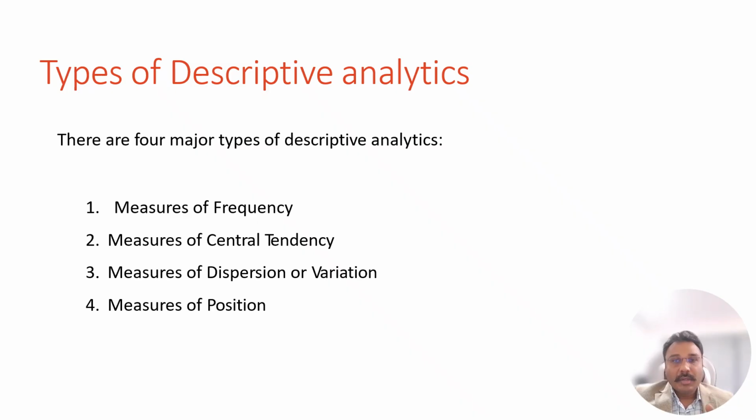And finally, the fourth type is measures of position, which helps us understand how individual values compare to other values within the data set. Together, these four categories provide a comprehensive framework for analyzing data. They allow analysts to summarize large data sets, identify patterns, and communicate insights effectively through charts, reports, and dashboards. So in the next slides, we will explore each of these types in more detail, beginning with the measure of